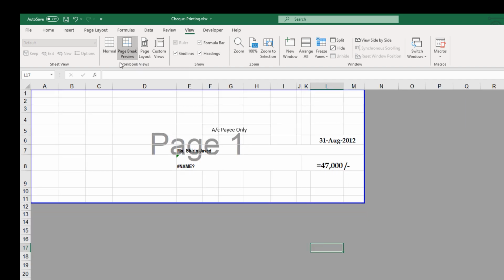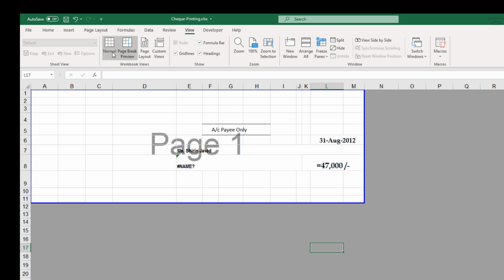So go to the view menu and click on page break preview. The page break preview will show which specific area of this sheet will be printed and the rest will be ignored. Actually this specific area will be selected keeping in view the size of the check that you have from your bank. So this happens with some trial and error.